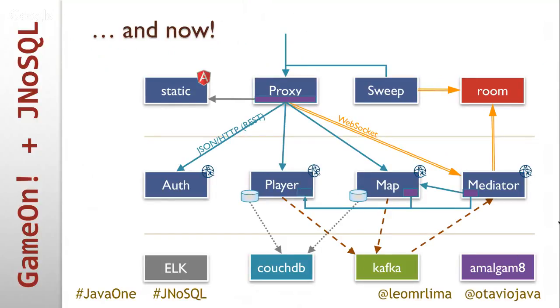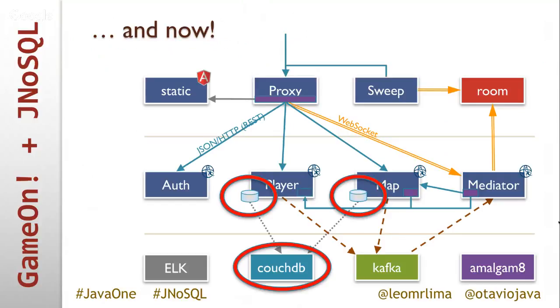So I'm not going to go over all the services here, but you can see it's a much busier slide than it was before. And I want you guys to notice these changes. Before it was a MongoDB database, and now it's a CouchDB database. And you have two services talking to a database. They don't share data; they just use the same database type. And now the problem is, if you want to change this to a second database or to a third database for any reason, you get to rewrite all your code and all that stuff. And that's part of the problems the API is going to help you solve.